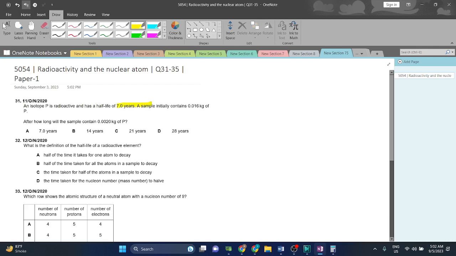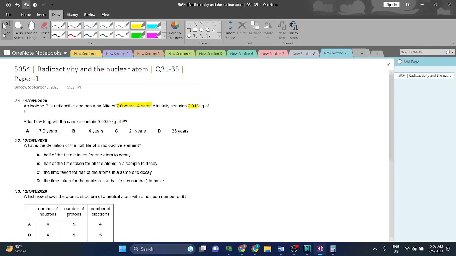So what is half-life? Half-life is the amount of time required for half of the radioactive atoms in that specific sample to undergo radioactive decay, right? A sample initially contains 0.16 kg. So basically, for the sample to reduce to half of its original value, how much time will it take? 7 years. How long will the sample contain